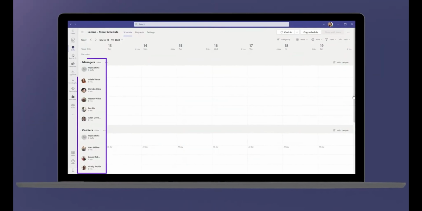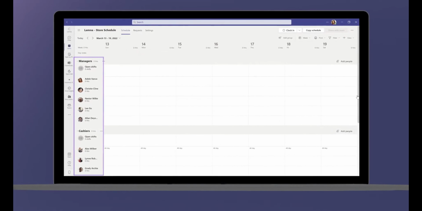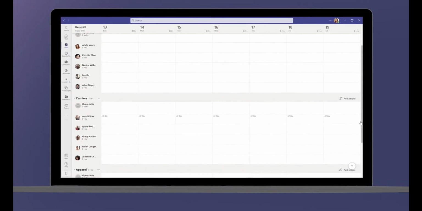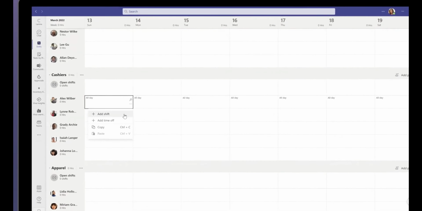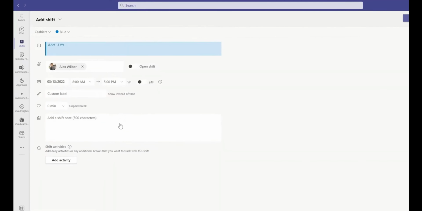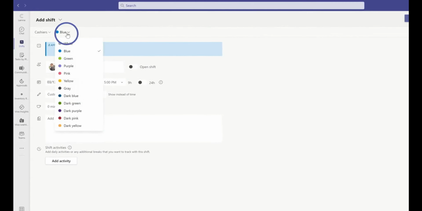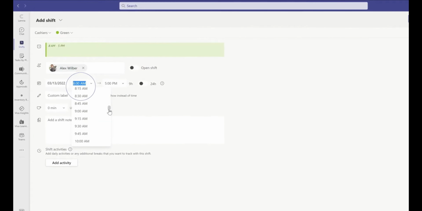Once all the individuals have been added, create and assign the shifts. To assign a shift to a specific team member, hover over the person's schedule and select Add Shift to create a new shift in the schedule. Add any shift details such as color coding, time frame,